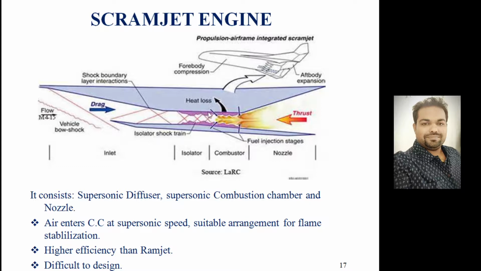Now the problem is there will be heat losses across the system combustion chamber boundary, right? So proper material should be used as a paint material to avoid the heat losses here. Obviously there will be a drag penalty because of the formation of shock waves, but overall our motto is to get hypersonic speed, that will be fulfilled, right? So drag can be compromised.